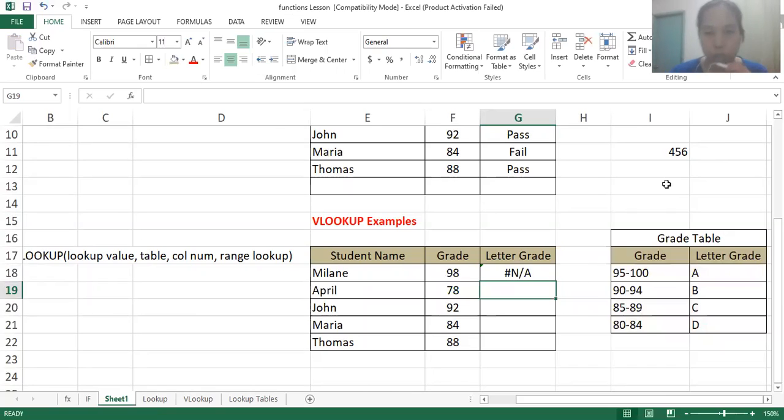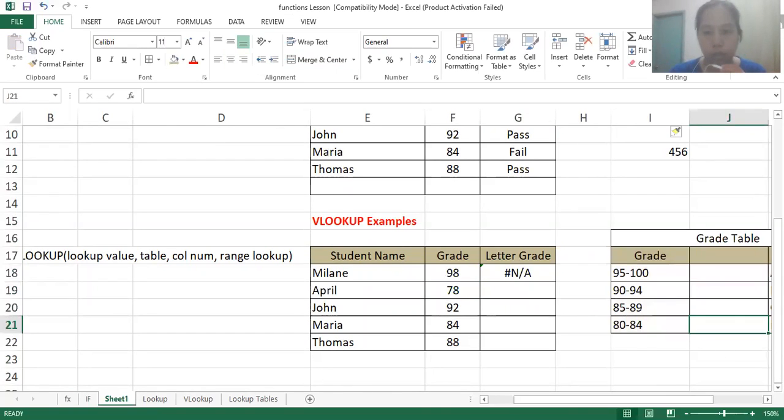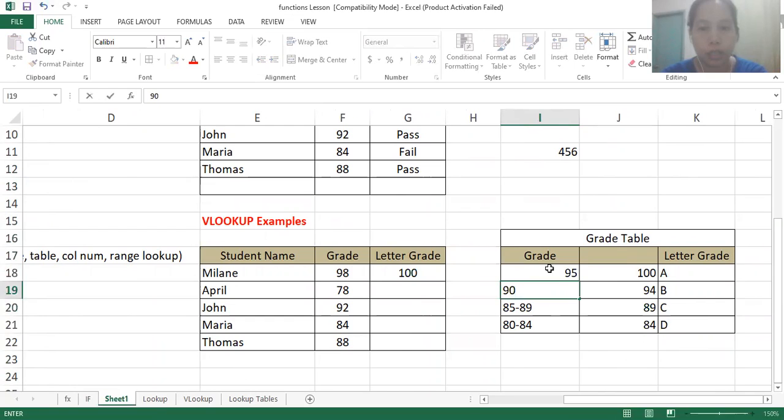Okay, so we will change our table. Maybe we have to have it as 3 columns. So this is 100, 94, 89, then 95, 90, 85, 80.